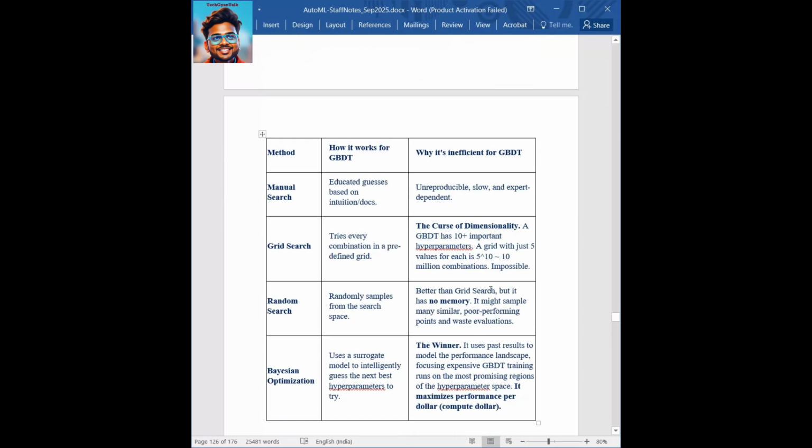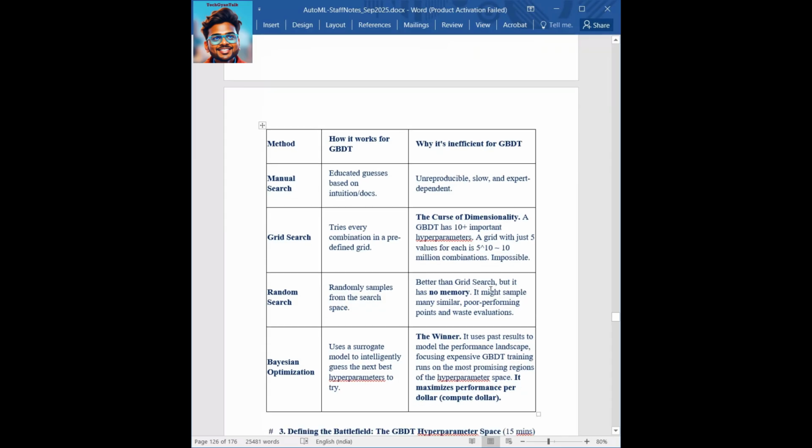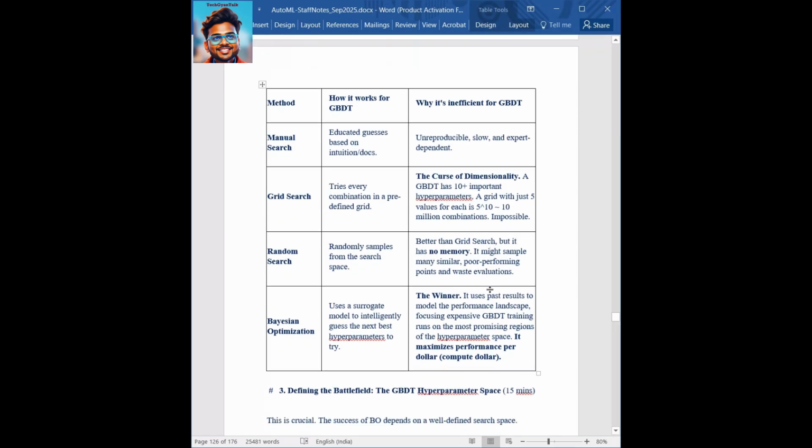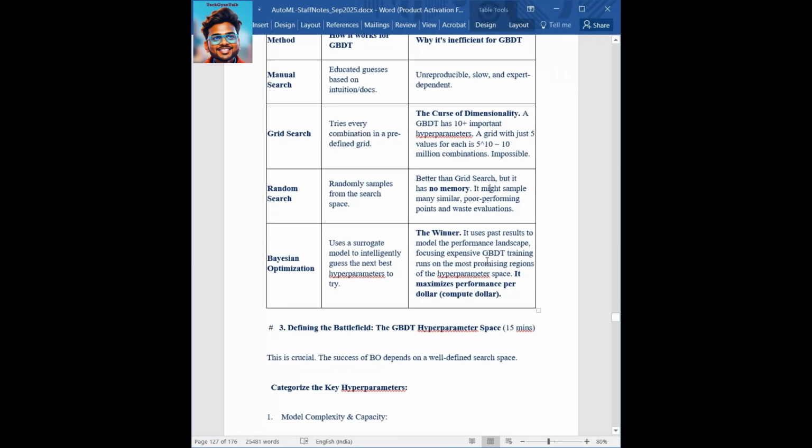What are the methods we use here, how do they work for GBDT, and why are they inefficient? Manual search is educated guesses based on intuition, docs, or something like that, and it's inefficient because it is not reproducible, slow, and expert dependent. Grid search tries every combination in a predefined grid. It suffers from the curse of dimensionality. GBDT has 10 plus important hyperparameters. A grid with just 5 values for each is 5^10, which is greater than 10 million combinations, which is impossible here. And next is random search,